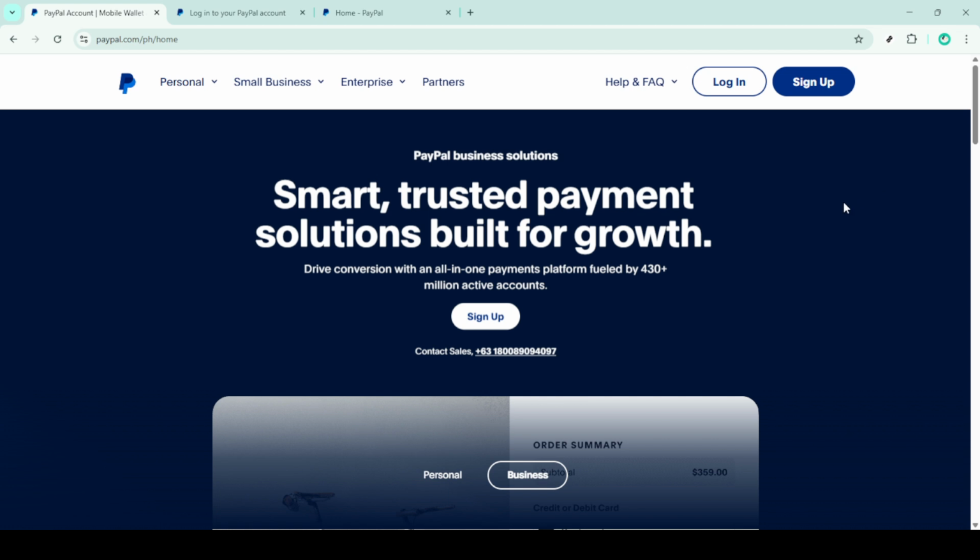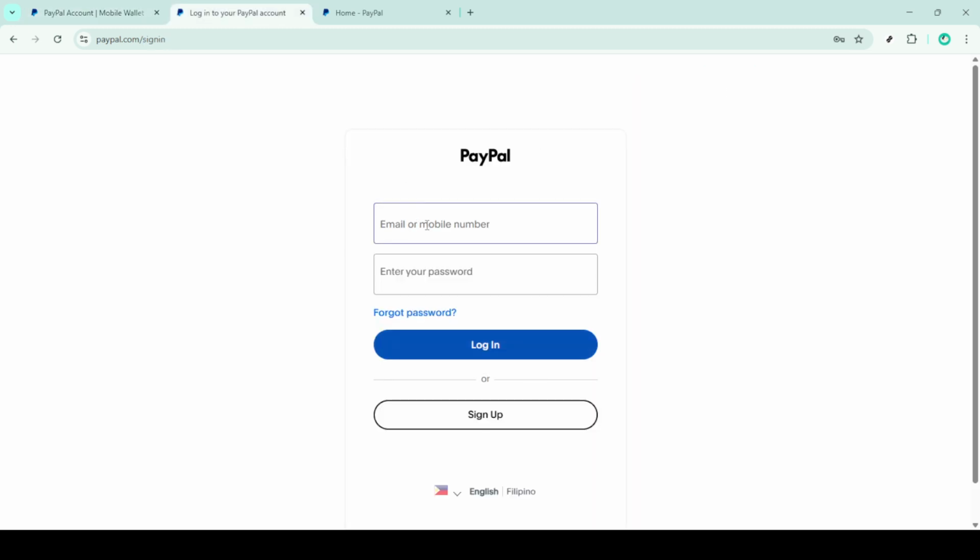First things first, you'll need to open your browser and head over to the PayPal website. Once you're there, you'll see the familiar homepage. At the top right corner, you'll notice the login button. Click on this to initiate the login process. You'll be prompted to enter your email address and your password. Make sure you have these handy. After entering your details, go ahead and click the login button, and you should be all set and looking at